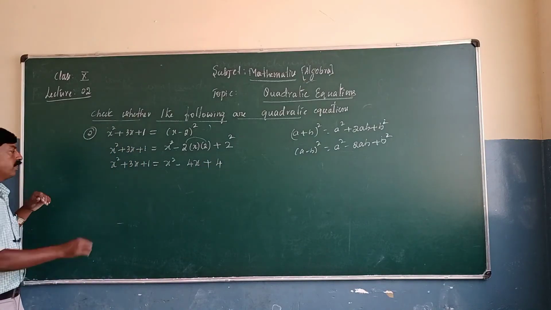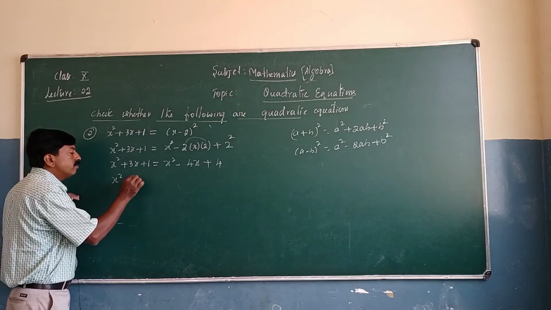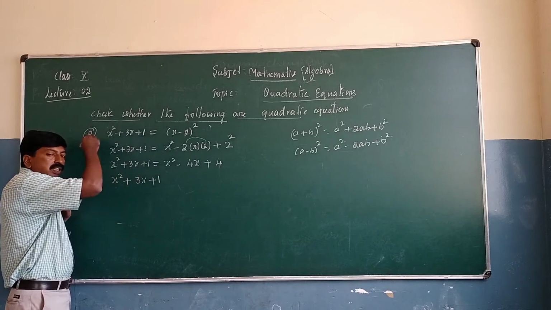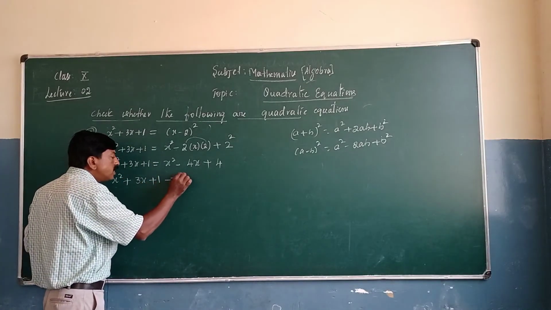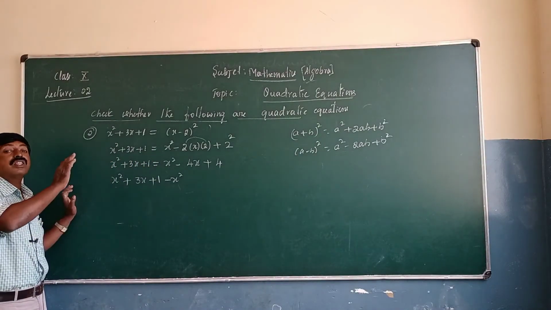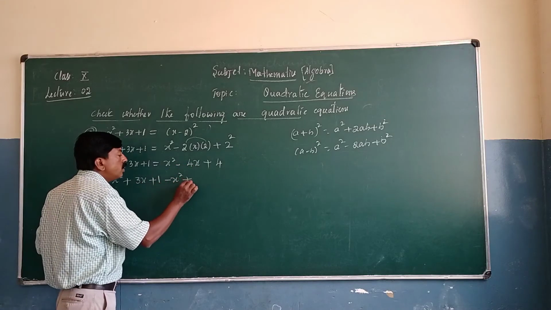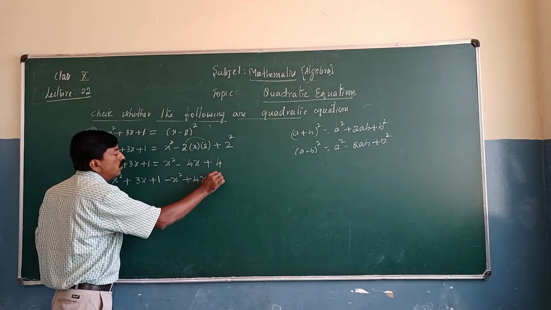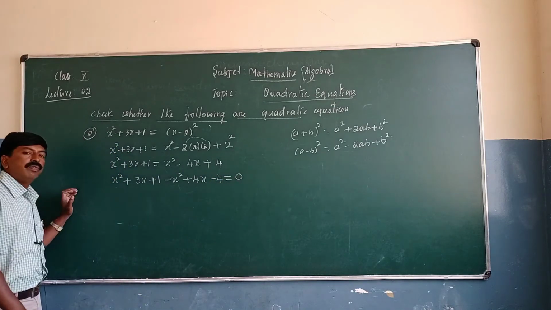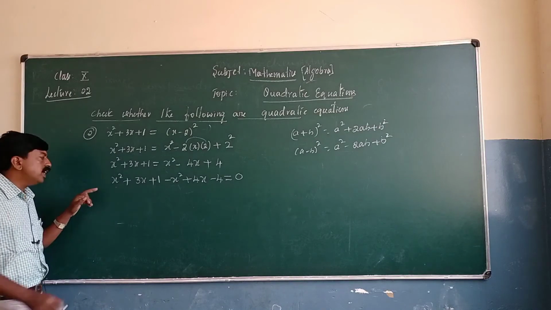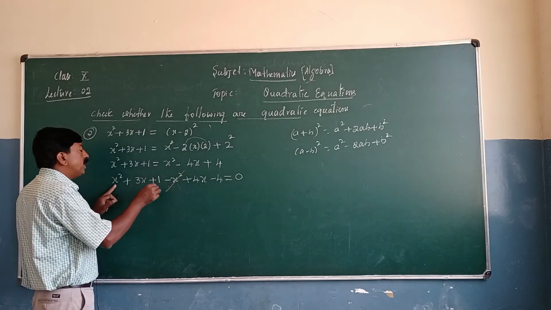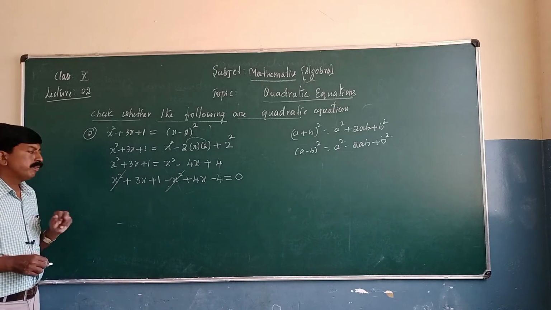Now shift to LHS. x square plus 3x plus 1, LHS as it is. Plus x square will become minus x square by shifting from RHS to LHS. That is called transpose. Minus 4x to plus 4x, plus 4 to minus 4. So in RHS nothing is there, it is 0. Now identify the like terms. Here also x square, here also x square. Plus sign, minus sign, 1 1. Therefore plus x square comes with minus x square.